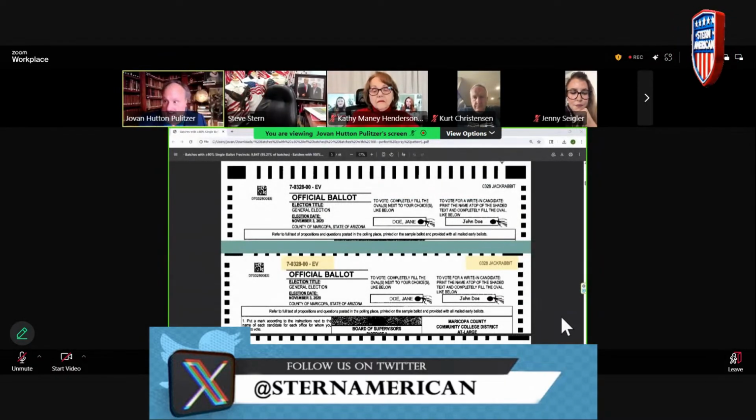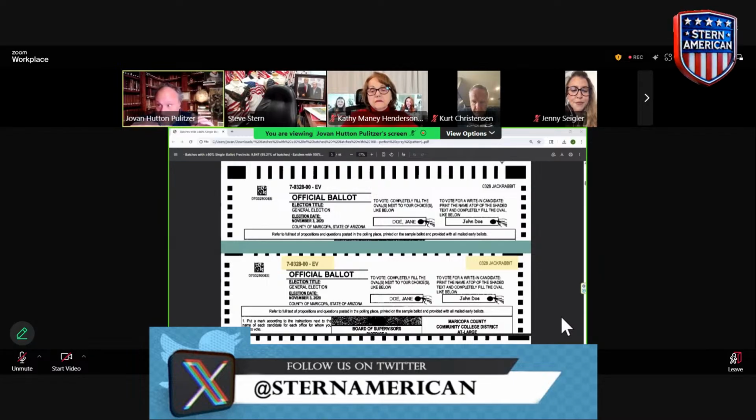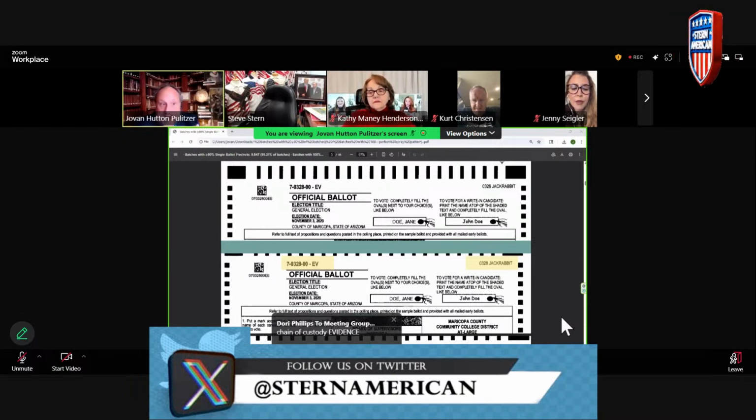Forget the votes on it. That's not what this is about. This is about how can you understand the ballot code to find out what happened. Now, what I'm doing is I'm just pointing out some of the codes you need to look at if you want to find out how well your elections are run. So the top part above that teal line is the ballot header. If you look below, it's the same ballot header, but I have highlighted three things. There are three pieces of code there you need to know.